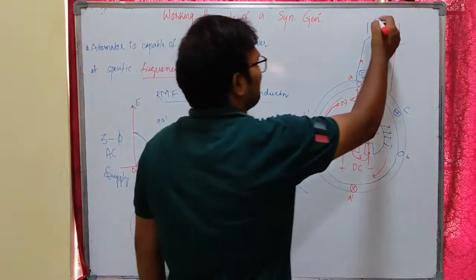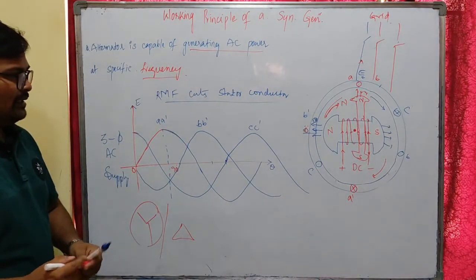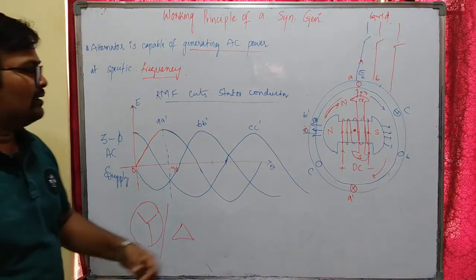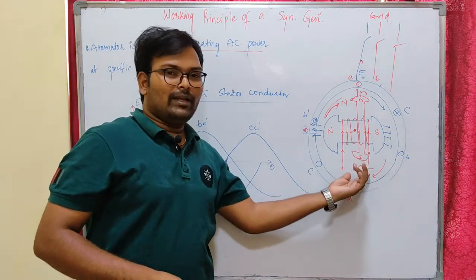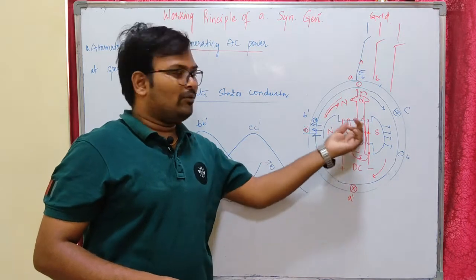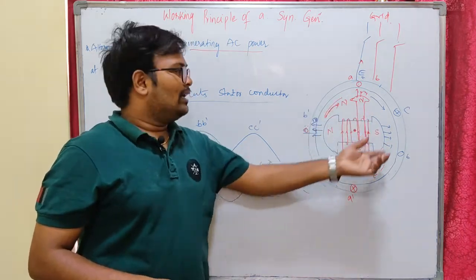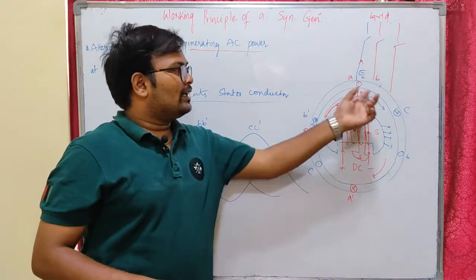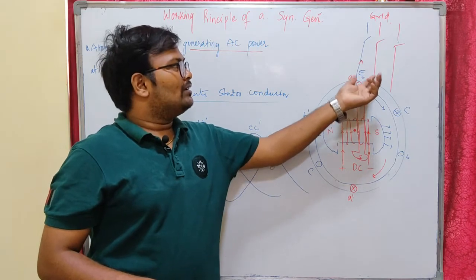Okay, the stator winding can be connected in star or delta, and it will be supplied to our grid. I hope you understand the operation. Our stator has a stationary armature 3-phase winding, and the rotor is excited with a DC supply and rotated by a prime mover. Because it is rotated, the magnetic field rotates with respect to the rotor and links with the stator conductors. According to electromagnetic induction, an EMF will be induced in the stator that will be supplied to the grid.